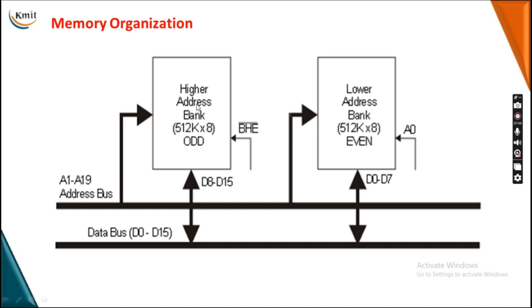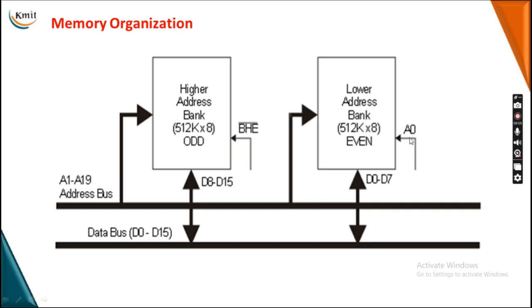Okay. So this is the higher address bank. This is the lower address bank. Each has 8-bit data for 512K, that is 512 kilobytes. So here,